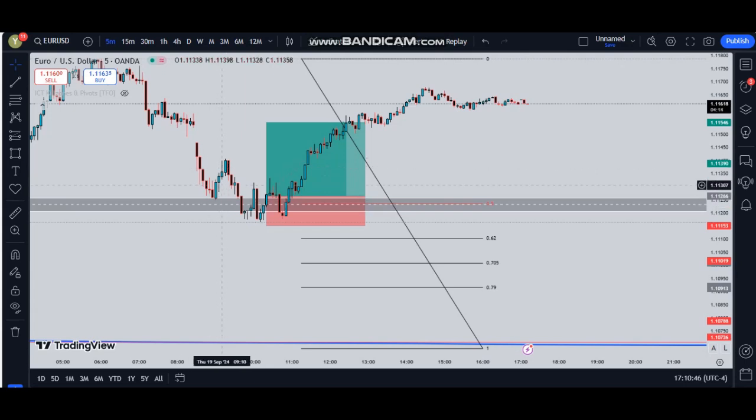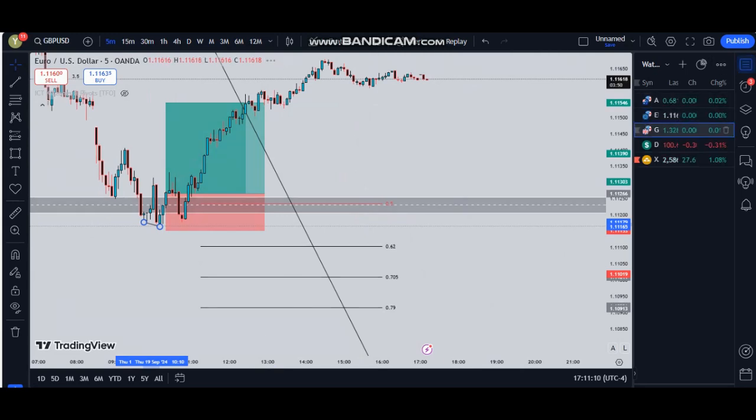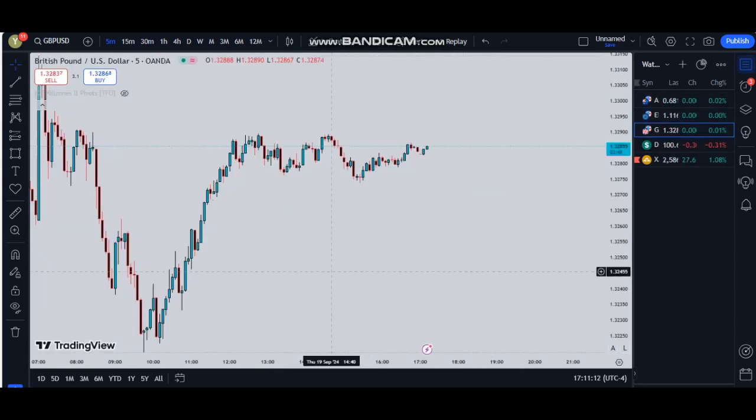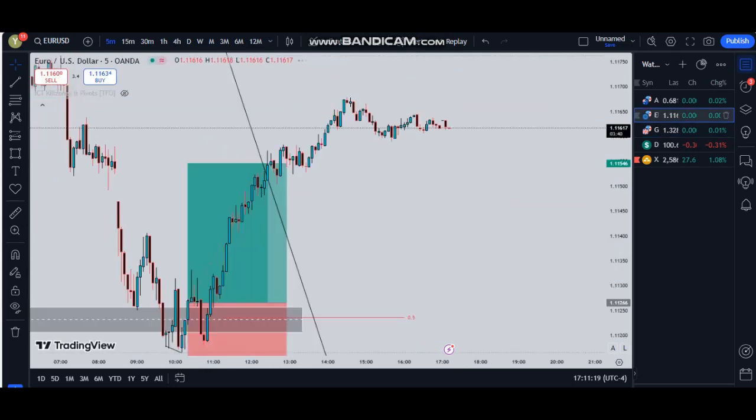The market somehow consolidated, then we rallied lower, and we created an SMT with GU. I will be taking you to GU because for EU we can see we are forming a lower low. We are forming a lower low, but if we can go to GU, we will identify that price formed a higher high. So you can see over here, price formed a higher high, whereas EU formed a lower low. Right, a lower low to sweep the liquidities.